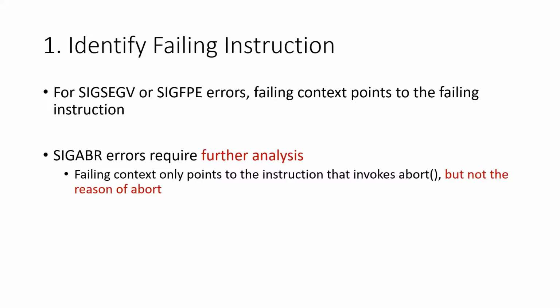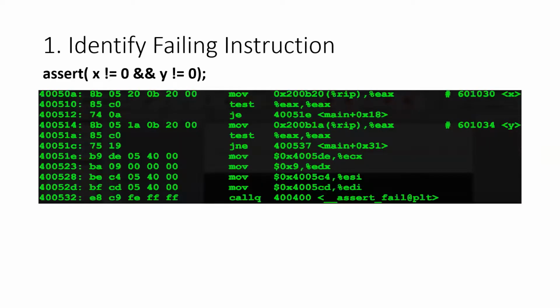When a bug happens, like we use GDB to debug, the first step is to identify the failing instruction. For SIGSEGV or SIGFPE errors, the failing context points to the failing instruction. But for SIGABRT, the failing context points to the instruction that invokes the abort, but not the reason for the abort. For example, there's an assertion failure in a program, like assert x is not equal to 0 and y